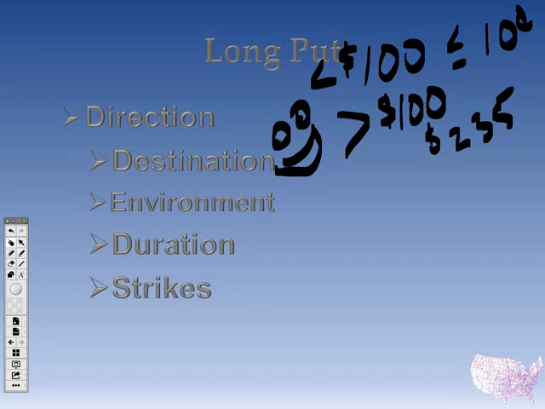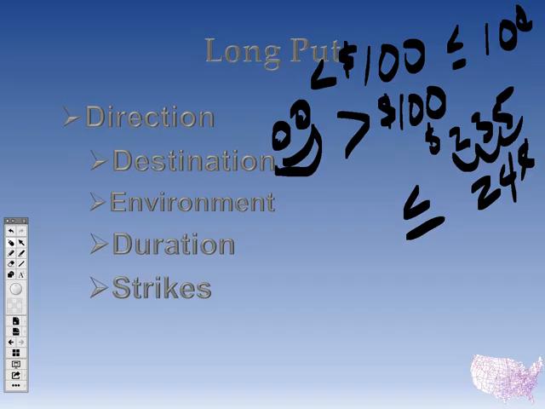$235. For this rule, we move the decimal 3 ticks to the left. So then my rule would be 24 cents, all right? So it needs to be less than or equal to 24 cents. Does that make sense? For the destination, that's my green light for a greater than $100 stock. Two times the rule is a yellow light. Red light's 3 times the rule. So in this case, over a $100 stock, move the decimal 3 ticks to the left. 24 cents would be the green light rule.